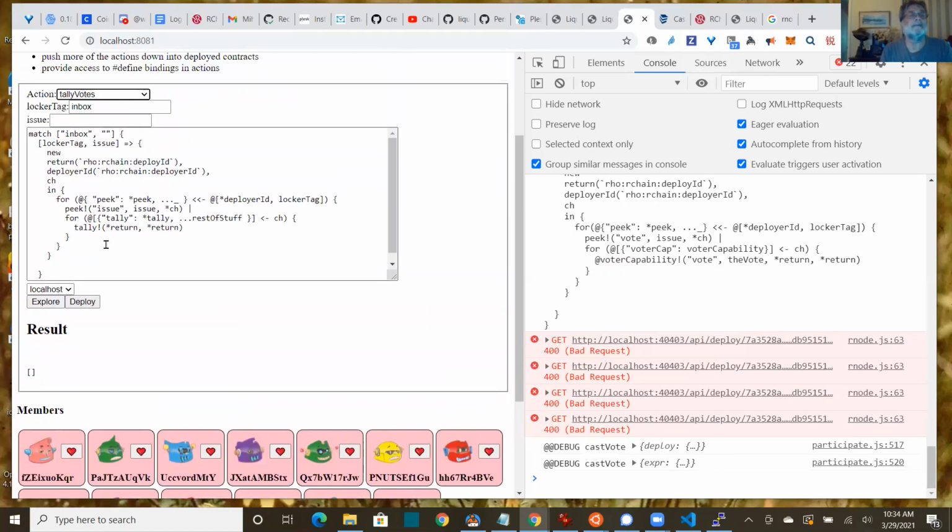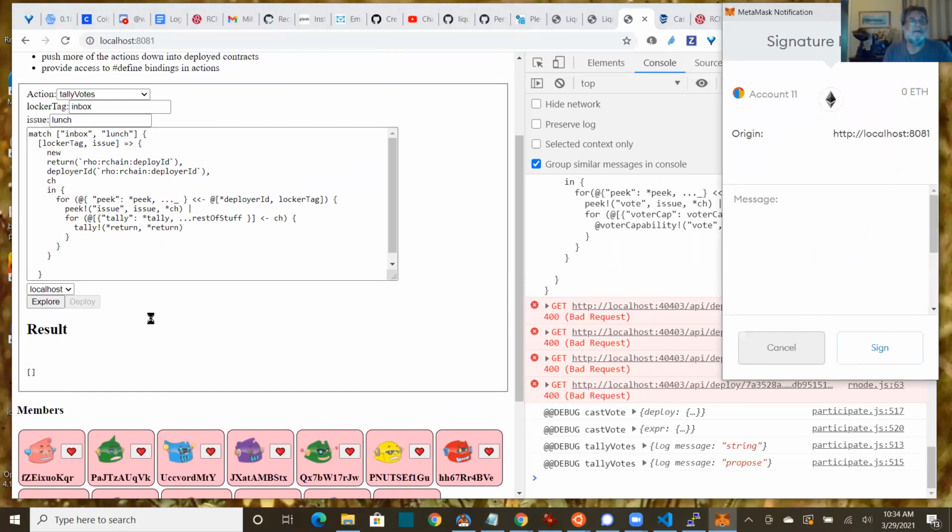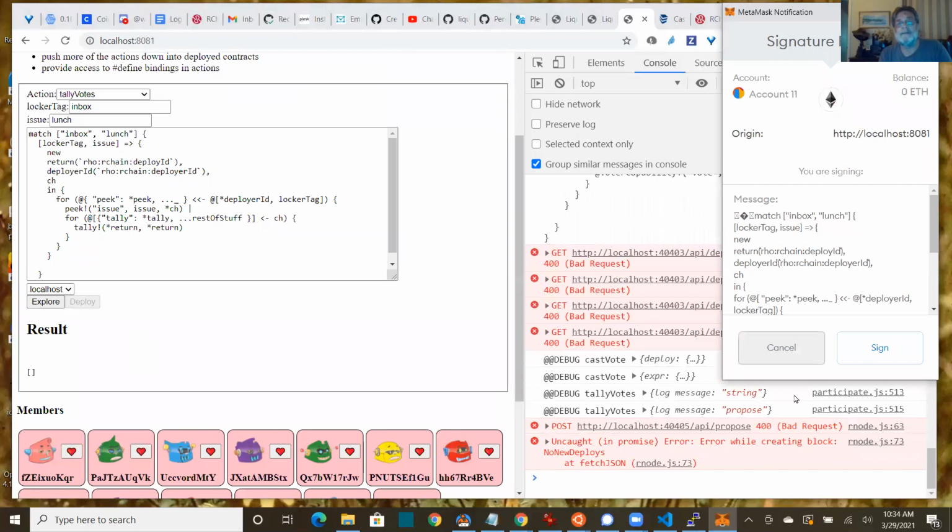Okay, so it looks in my locker, finds the issue lunch, and executes the tally permission and returns all output to the screen. Now, actually, the log should probably go to standard output. You don't need to get all the output here. It's a little bit hard to